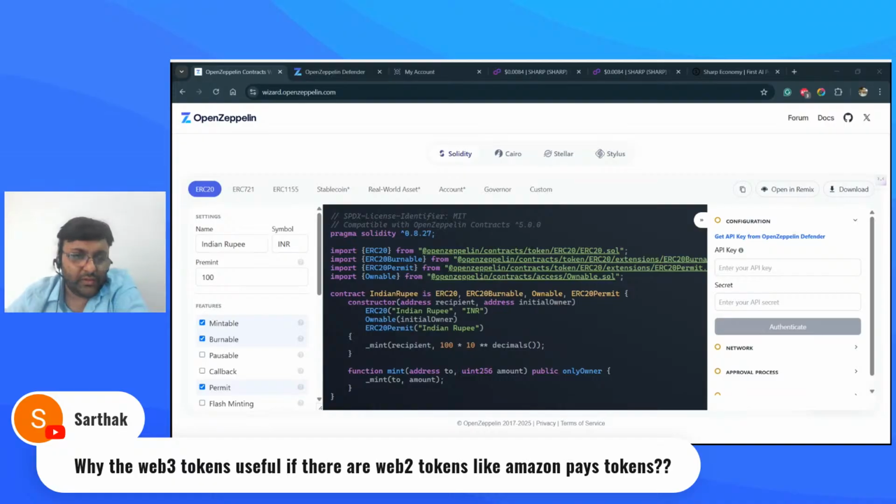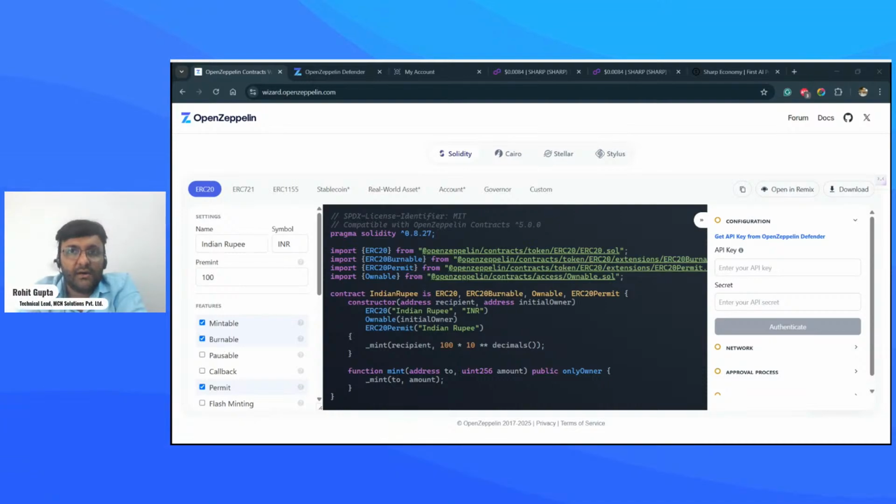Why are Web3 tokens useful if there are Web2 tokens like Amazon Pay's token? Great question, by the way. Let me take it from the other end. You have an Amazon token.